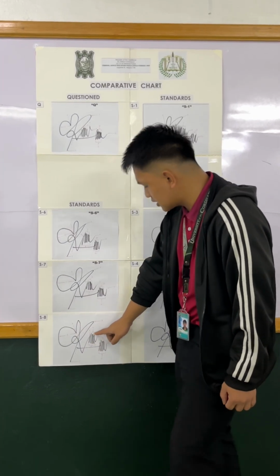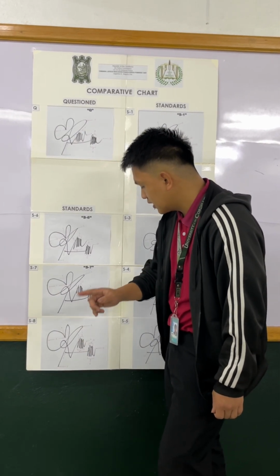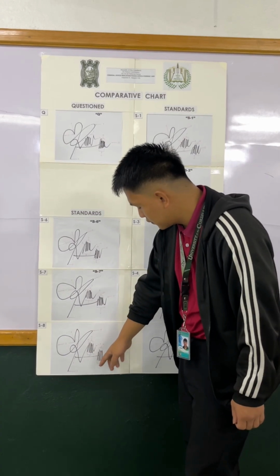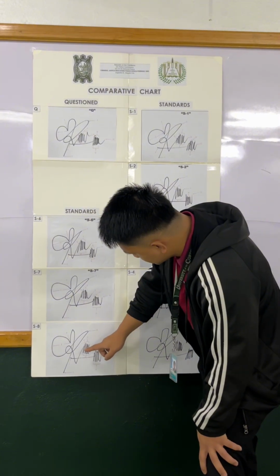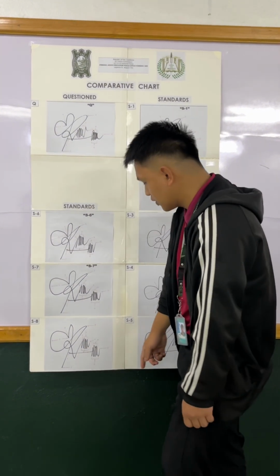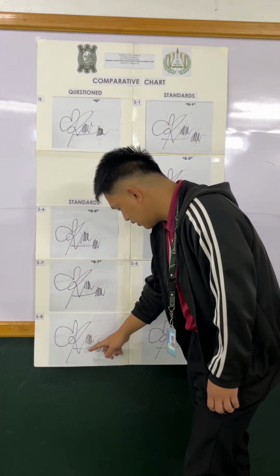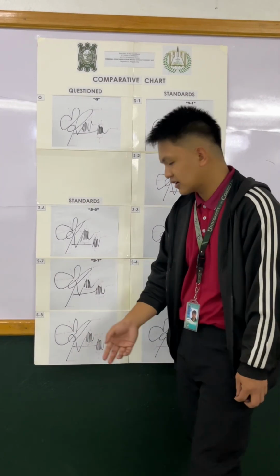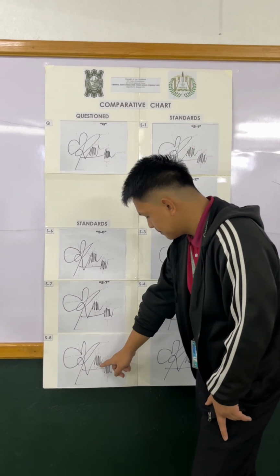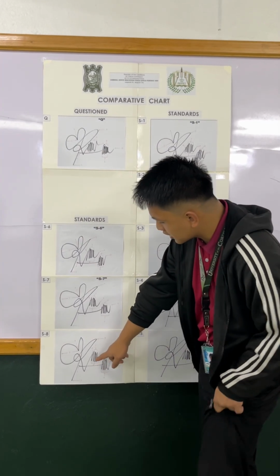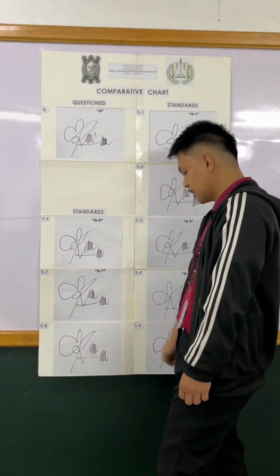Next is the shoulders of the second writing, is 7 in the numbering. So if we count the shoulders again, 1, 2, 3, 4. So there are 4 in shoulders. The next is the foot, 1, 2, 3, 4, 5, 6. So there are 6 foot in the second writing. Next is the end part of the second writing. Here, as we can see, that it ends with a diminishing stroke.